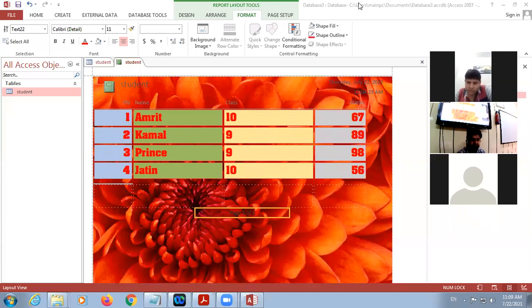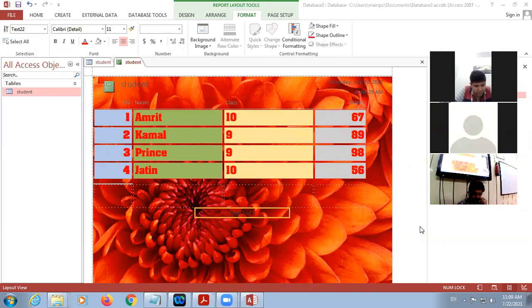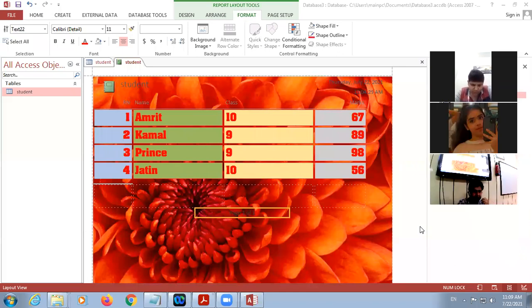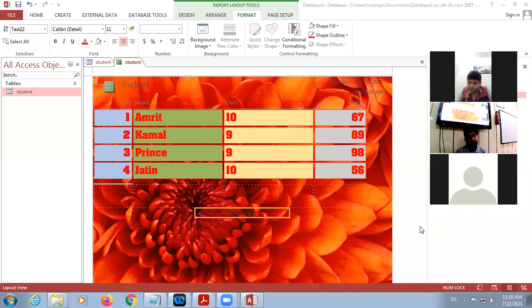Next, what do you understand by criteria? Yes, Bhavika, give the answer. Question number 3. It contains the condition on the basis of which the records will be filtered. With the help of criteria, we can set any condition. Okay, this is a criteria. For example, roll number greater than or equal to 10 or less than or equal to. We use relational operators in this. Remember one thing.